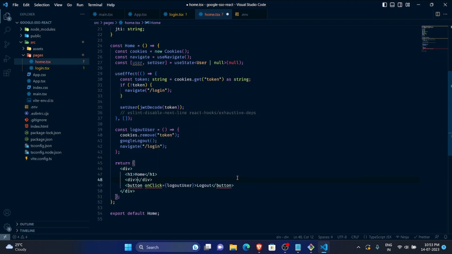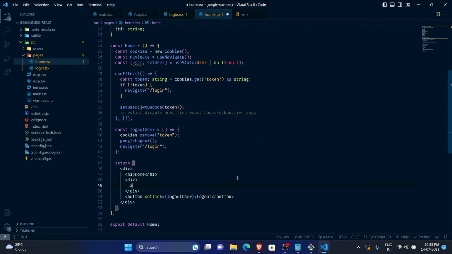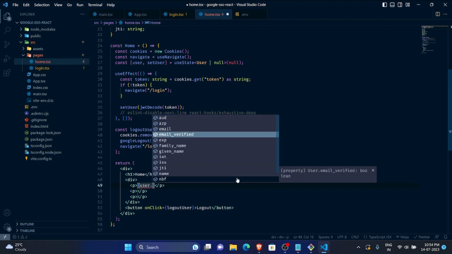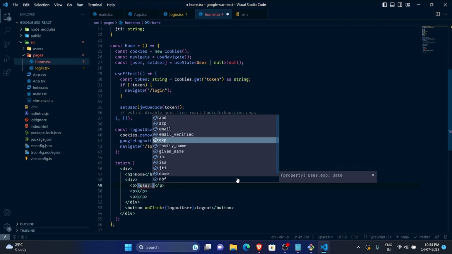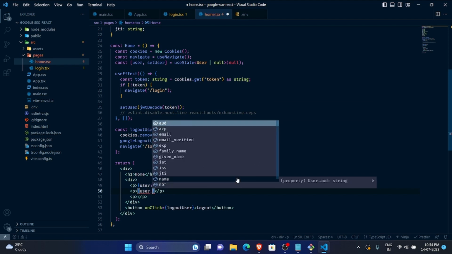So maybe I create a div here, and inside that div I have maybe 3 paragraph tags. Oh, how is this working? Yeah. So here maybe we show user dot name, which is the entire name here, user dot email,